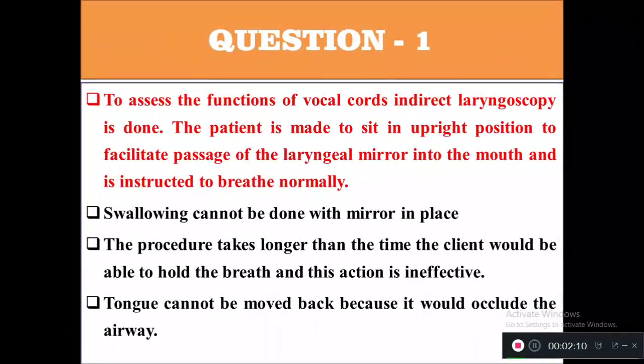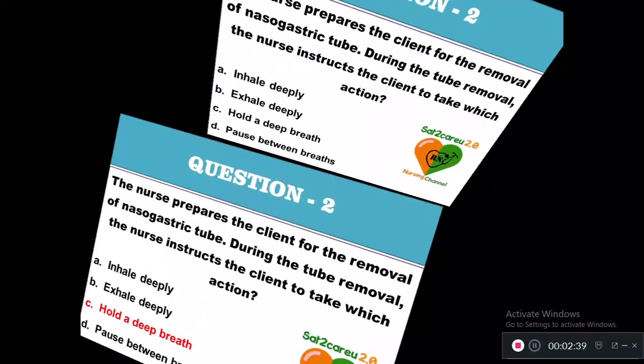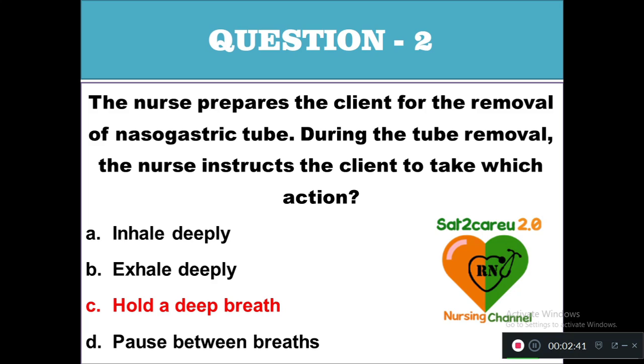Question number 2. The nurse prepares the client for the removal of a nasogastric tube. During the tube removal, the nurse instructs the client to take which action? Option A. Exhale deeply. B. Inhale deeply. C. Hold a deep breath. D. Pause between breaths. The nurse instructs the client to hold a deep breath at the time of removal of